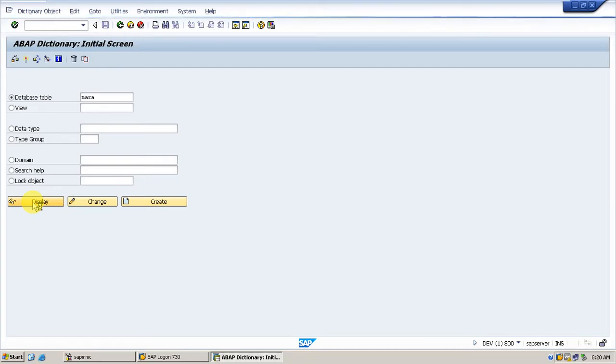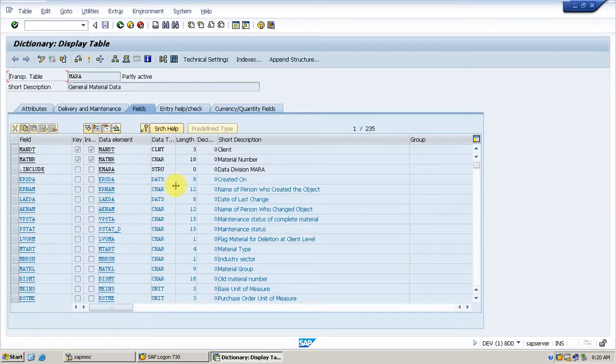You can see here in the MARA table we have different fields, and each and every field has its own data element, or its data type and length. So let's start with the very basics.